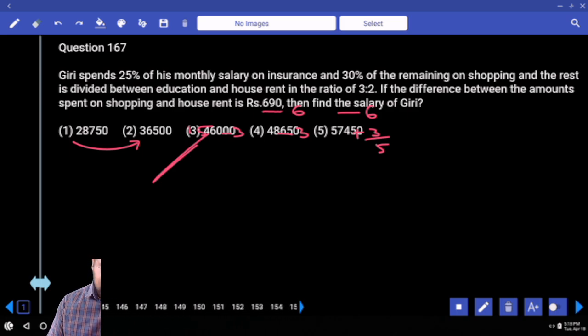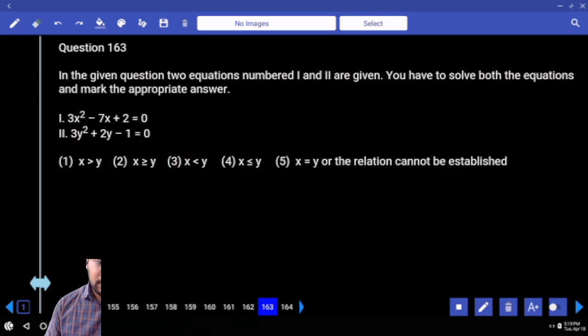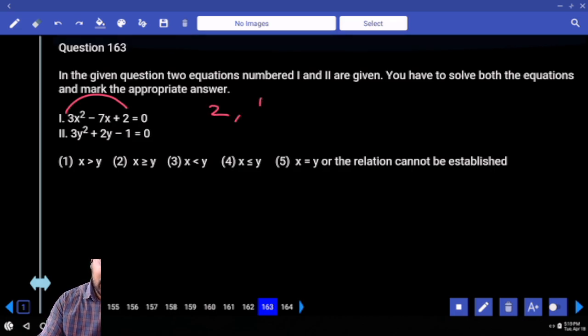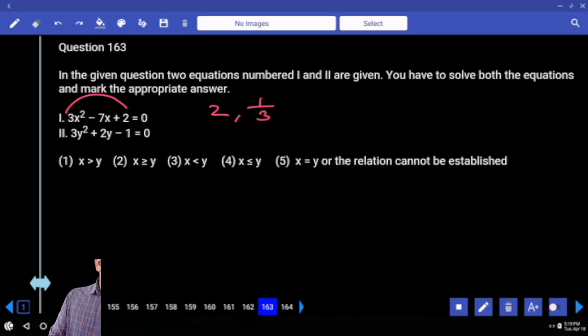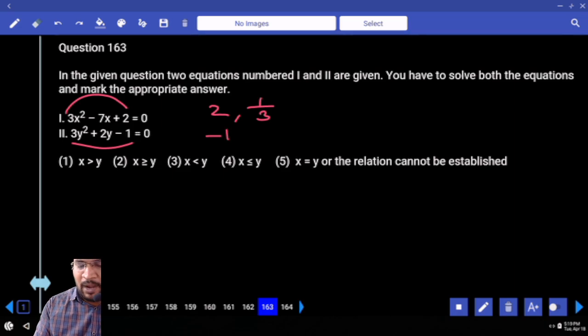Question number is what? 163. Now see here, 3 2s are 6. So 6 1, na? 6 by 3 2. Next 1 by 3. All of it clear, na? Next second one, 3 1s are 3, which is nothing but 3e1, na? Plus 3 minus 1. Plus 3 comes outside. Minus 3 by 3 minus 1. Next, na? 1 by 3.